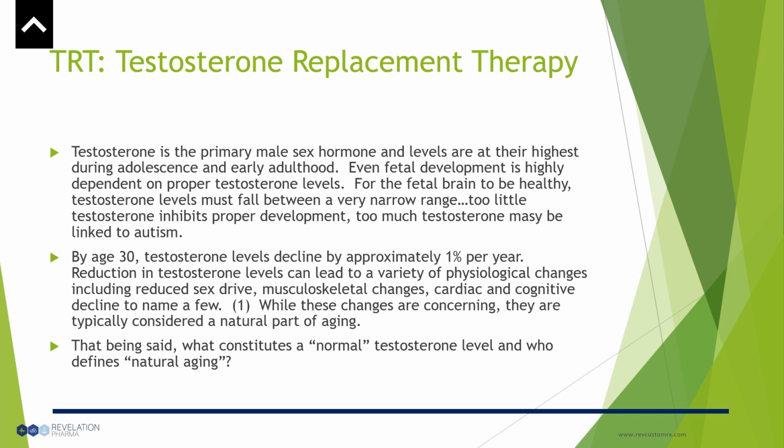Reduction in testosterone obviously leads to physiological changes: muscle and skeletal changes, sex drive, effects on cardiac function, cognitive function, and reproductive function. So a lot of different issues come up as we start to see the decline in production